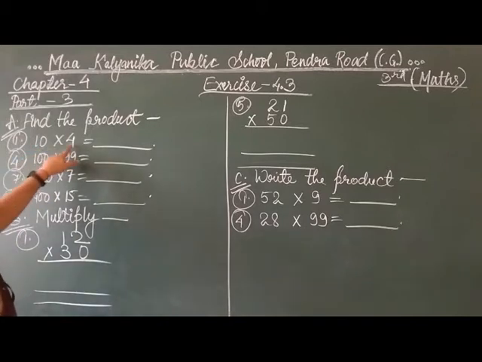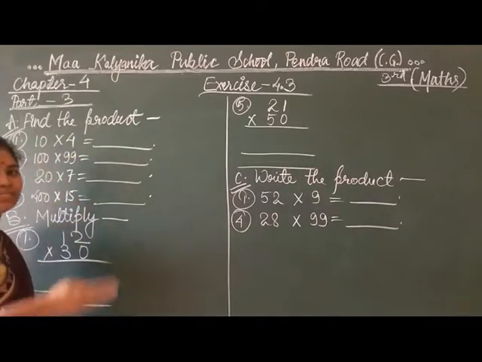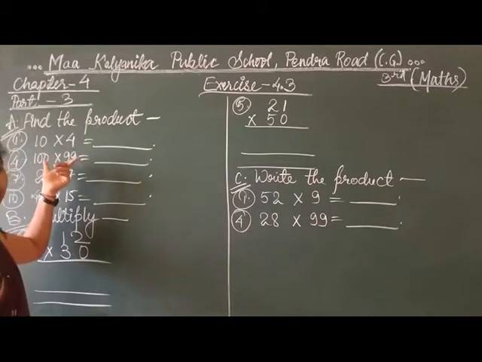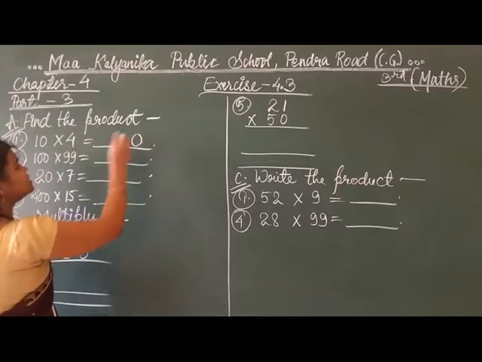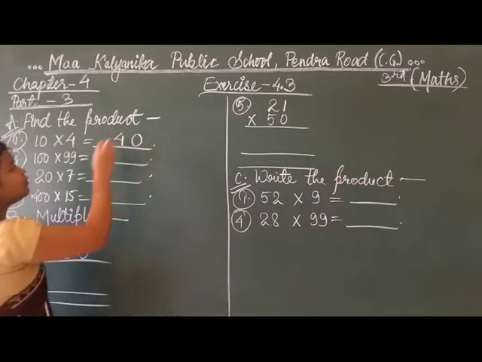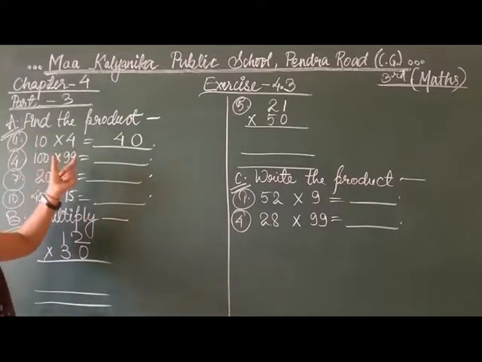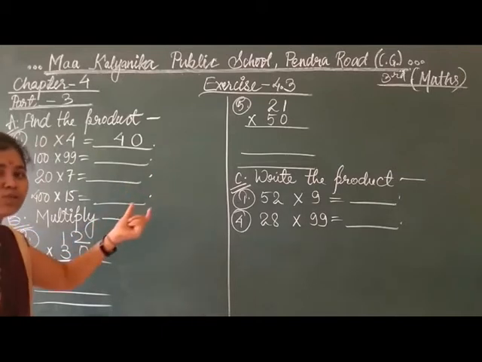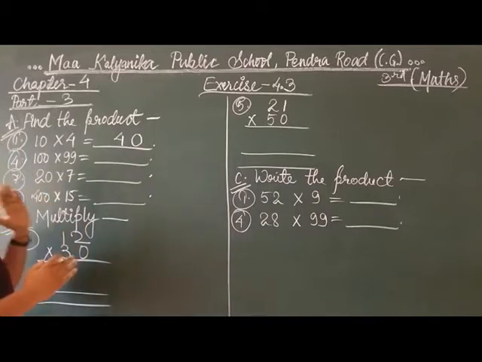So see, 10 into 4. So students, multiplying numbers having the digit 0 in any of them or both of them is very easy. Simply you have to multiply the whole numbers and then count how many zeros are present in both the numbers and write them down. So simply 0 is there, so you can write 1 0 and 4 1s are 4. Okay students, it is very easy. If 0 is there in any number or 2 zeros are there, simply you have to add all the zeros. How many zeros are there?